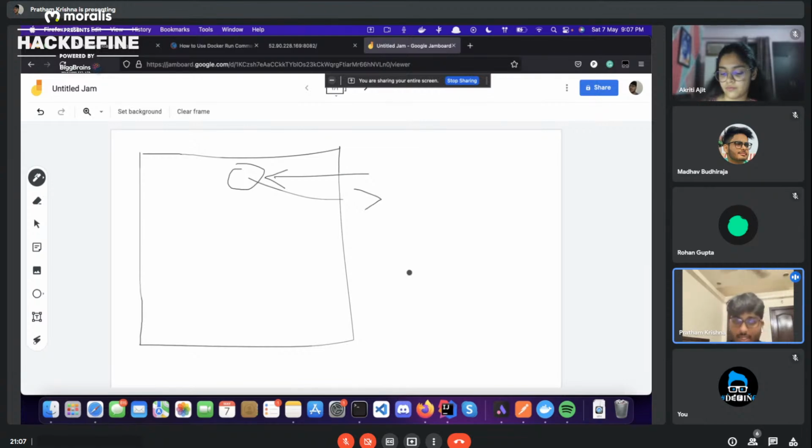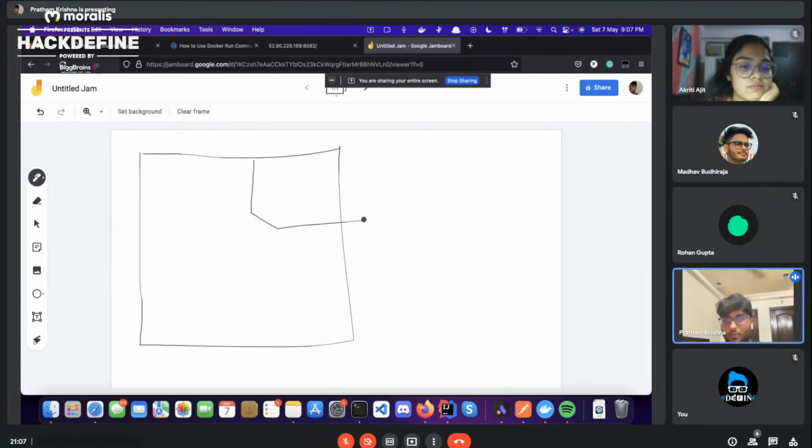So what Docker does is it allocates a specific resource on the file system. It could be memory, it could be storage, it could be a lot of other things as well. So what it does is it allocates a specific portion in your file system for this application to run on. So your application runs in this specific portion.